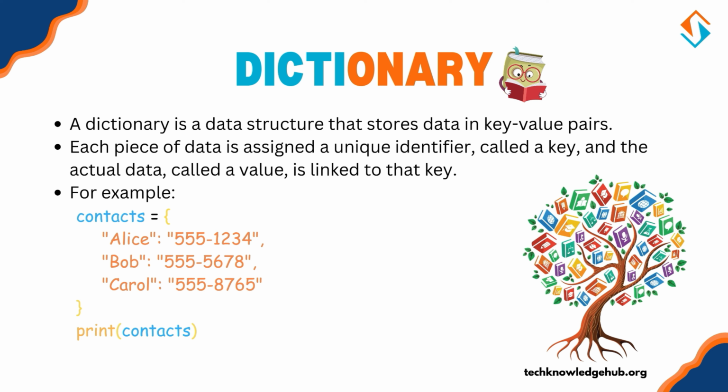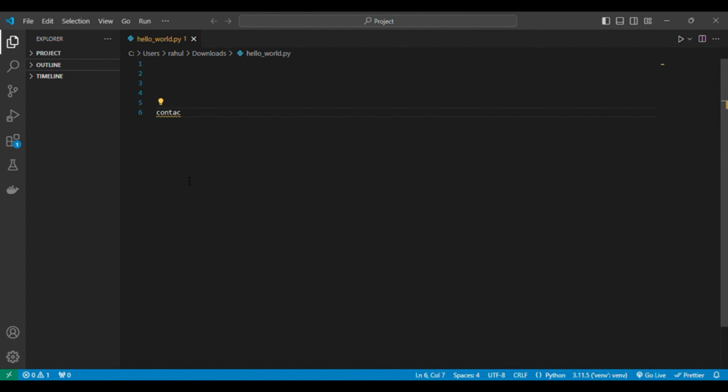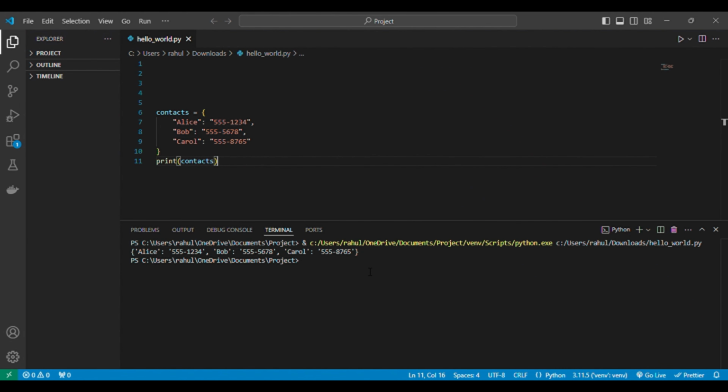This makes them different from lists or tuples, which use numerical indexes. Here's just a simple example of a dictionary. contacts = {"Alice": 5555123, "Bob": 5555678, "Carol": 5555765}. Then print(contacts). In this code, we've created a dictionary called contacts with names as the keys and phone